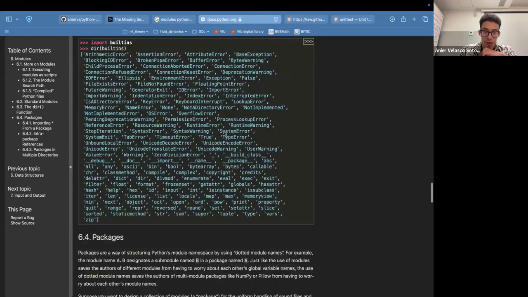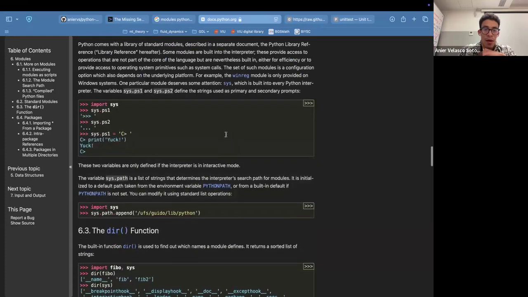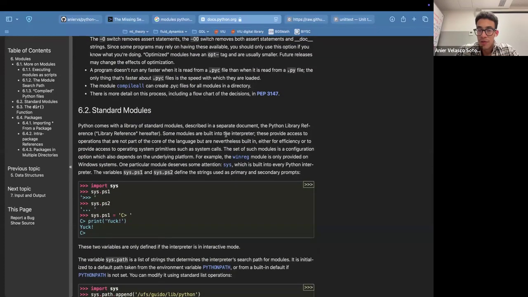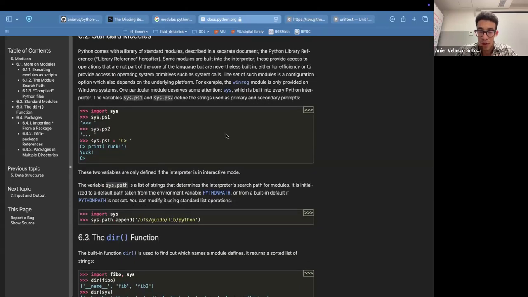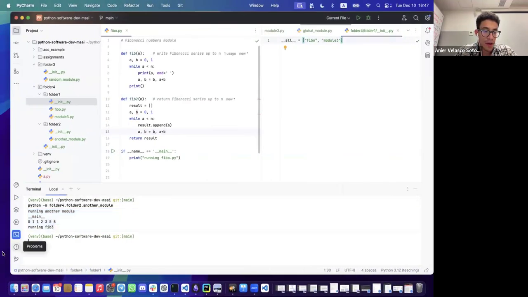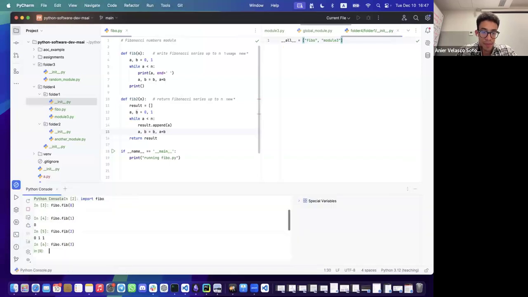Then the next thing that I wanted to cover was the sys module. And yeah, so we can create our own modules, right? But we can also use the default modules, and I have already used them, like the math library and a couple of other libraries that I have used so far, like unit test, for example. In particular, there is the sys module, and you can take a look at what it has. So we can do it, right? Let's go here on the console,